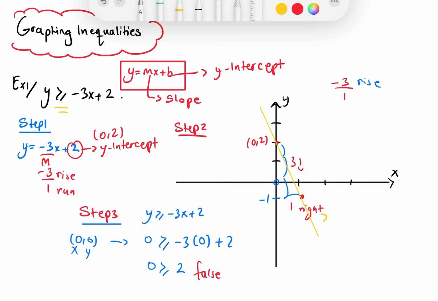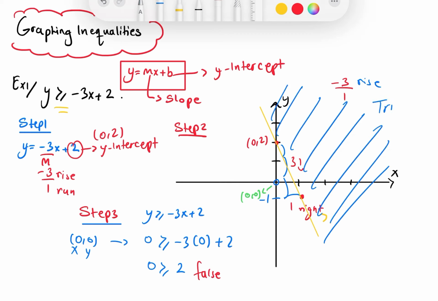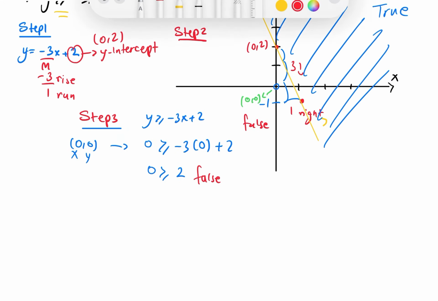So the point 0 and 0 was right around here. This is 0 and 0, which is beneath this line. That means all the points above this line are true and accepted, but all the points beneath this line are false. You can also choose another test point on the other side. For example, you can choose 1 and 3 right there. 1 and 3. All right, and you can test it out and see whether you got this